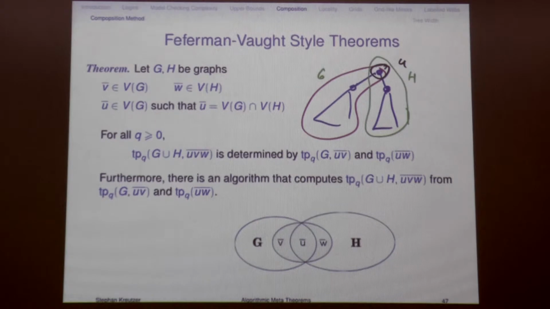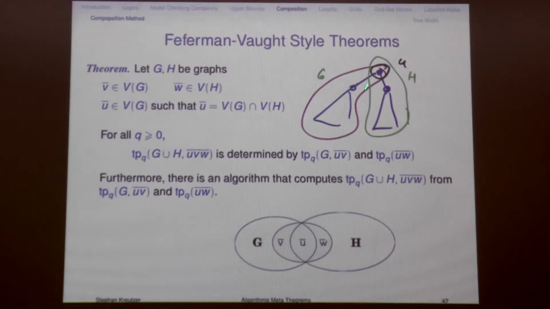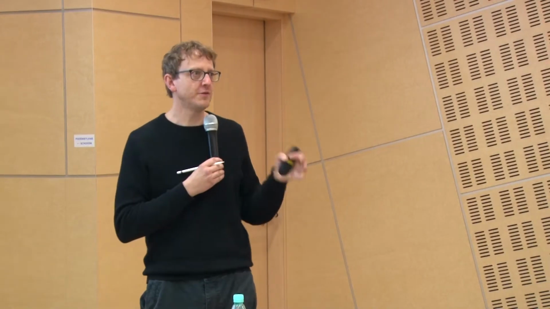And let's say we ignore V and W for the moment. It doesn't matter. What the theorem tells me is, if I put a constant here, so I put a name to this root so I know which one it is, and I only look at the red subtree, and I look at the set of formulas up to a certain quantifier rank which are true at this node in the red subtree, and I look at the set of formulas true at this node in the green subtree, then this information alone, which is a finite piece of information, allows me to determine the set of formulas true in the entire tree. Especially it means I can compute them separately, and I don't need to worry at all about connections between the two.